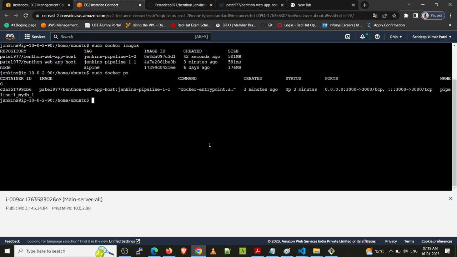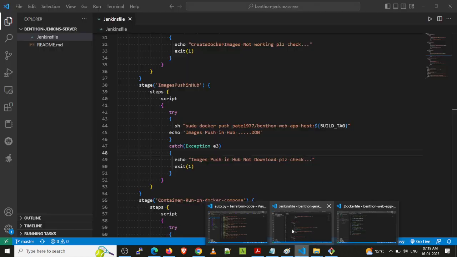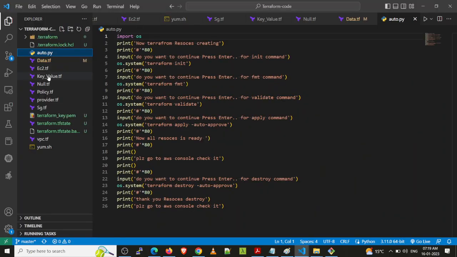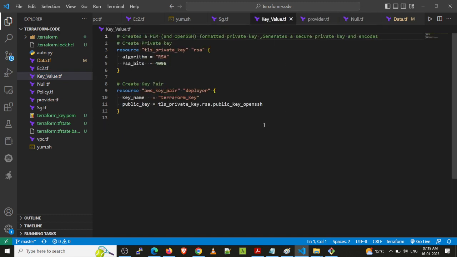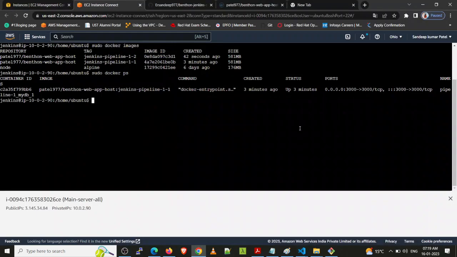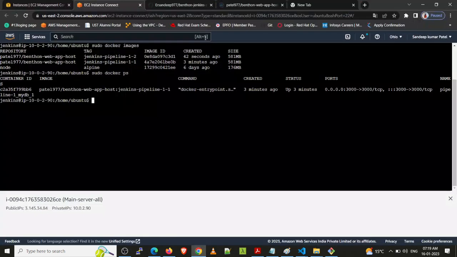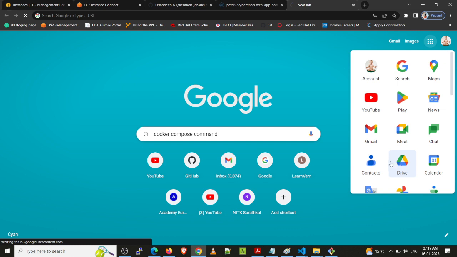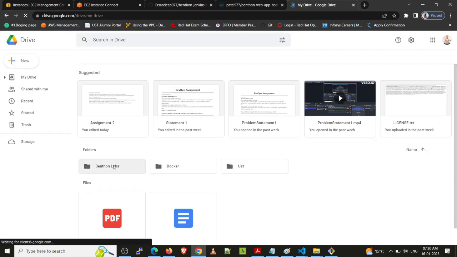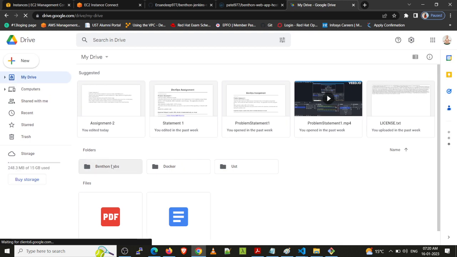For the time being, all the code I have created is inside. I have created all the things, that's why it's taking time. Otherwise, if we have time, we can deploy to another container. So all the code and all things we have to upload, I have to mention it, which means I have to share with the team members. So here my code is inside, I have created one page.